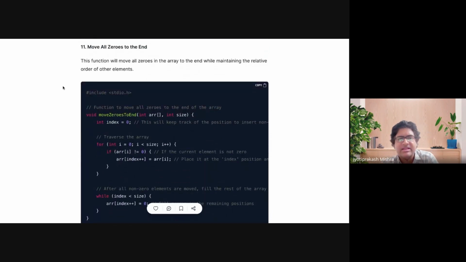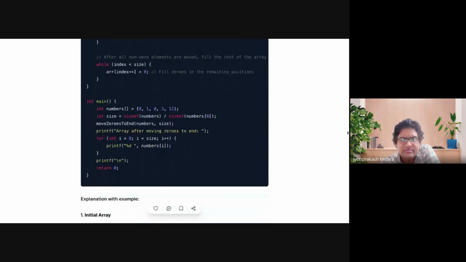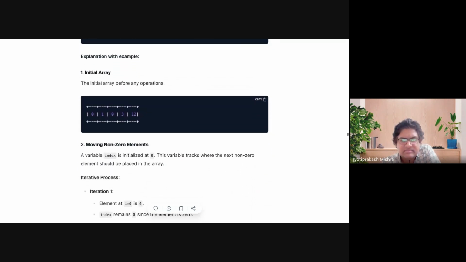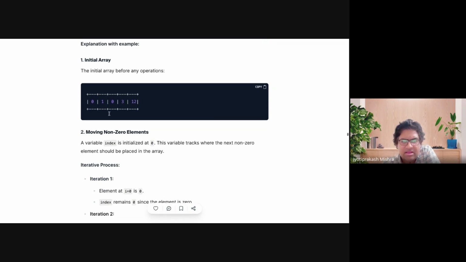चलो ये वाला अभी देख लेते हैं। मूव ऑल जीरोस टू द एंड। So you have an array in which there is a smattering of zeros here and there. Randomly बीच बीच में कहीं पे जीरो घुसा के रखा हुआ है। हमको क्या करना है, सारे जीरोस को बबल अप करके फिल्टर करके एक बाजू करना है। ठीक है, कैसे करना है? ये देख लो, यहाँ पे एक array है, ठीक है, और यहाँ पे बीच बीच में जीरो घुसा हुआ है। क्या करोगे,